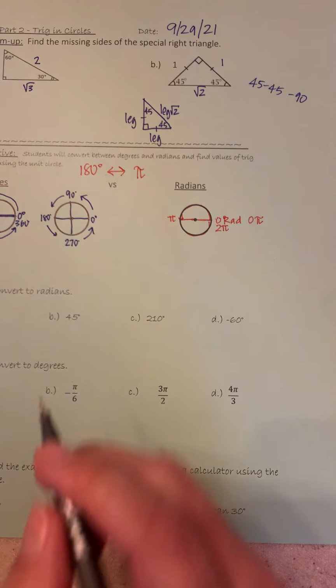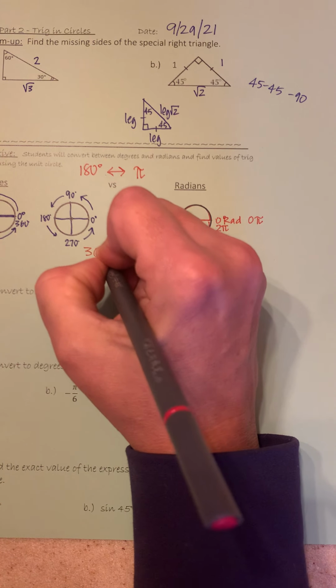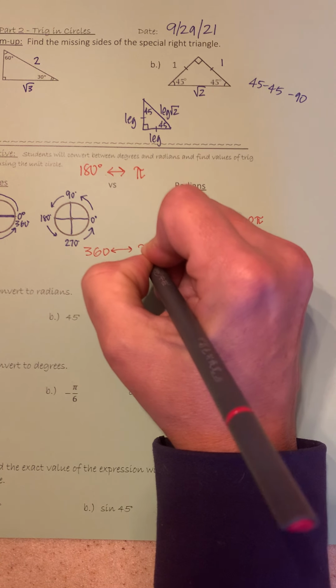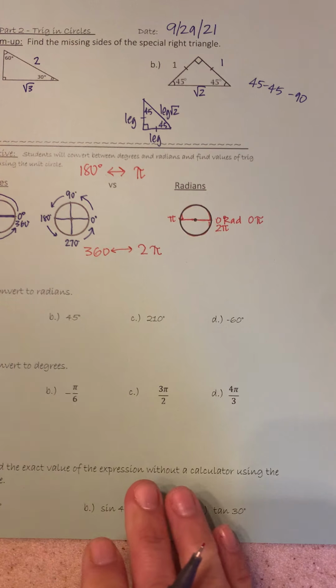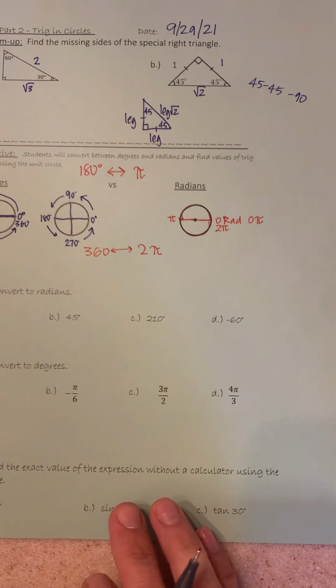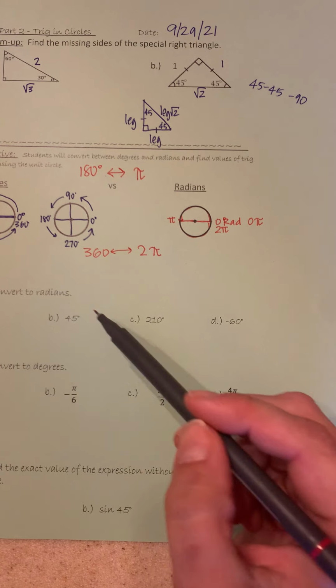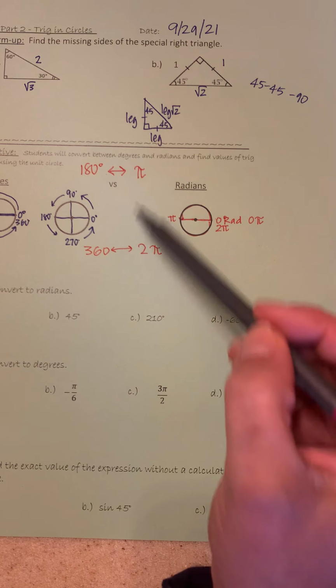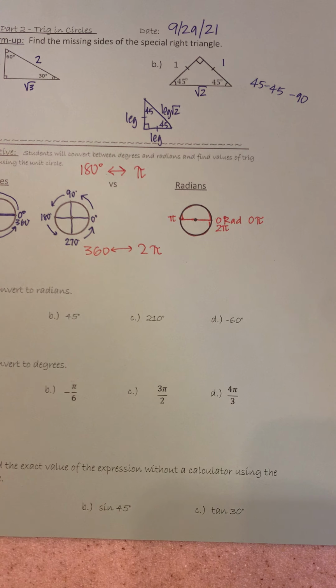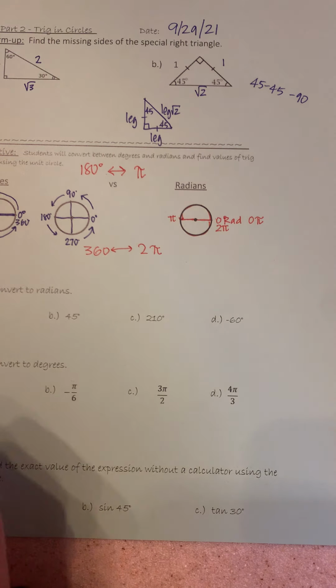So radians is another measurement for angles. So 360 would be 2 pi. So I'm going to talk to you about how to convert from radians to degrees. These are some major important ones. So to convert to radians,